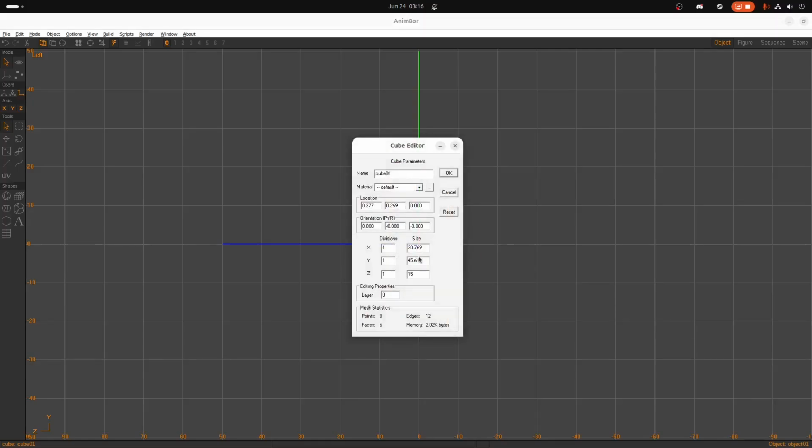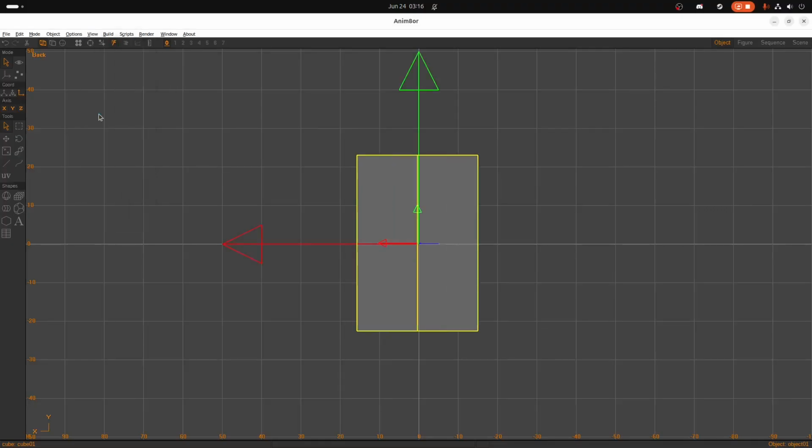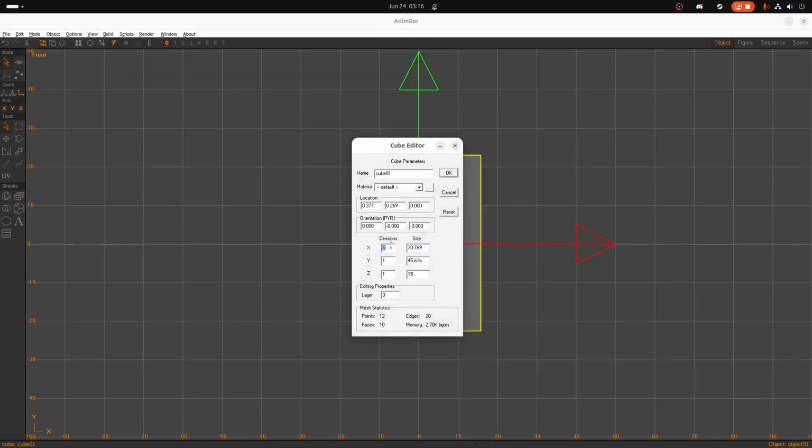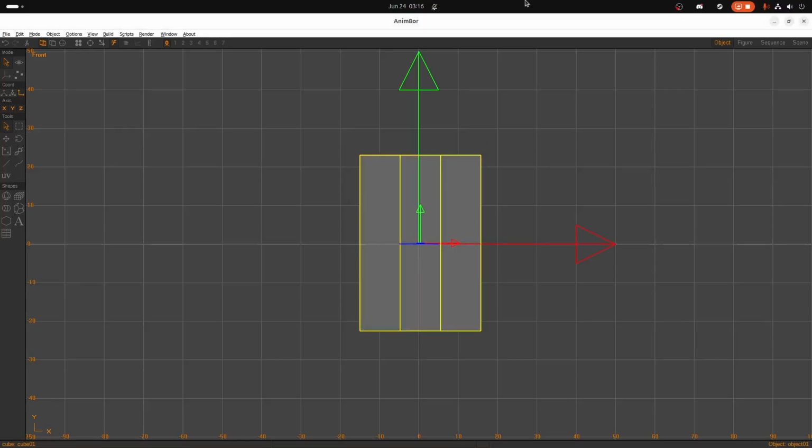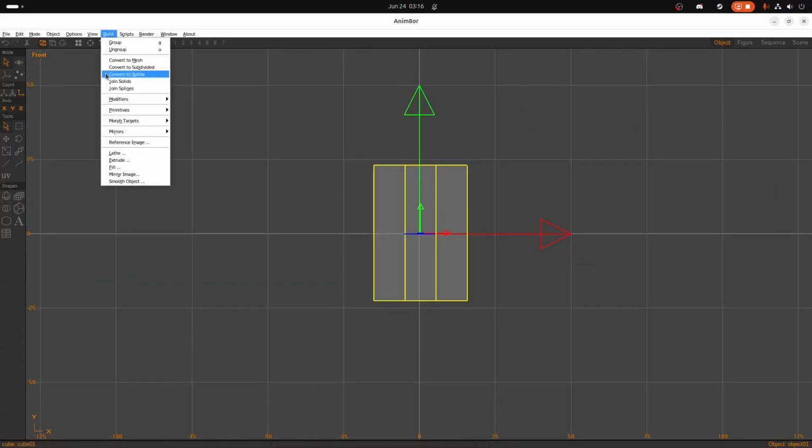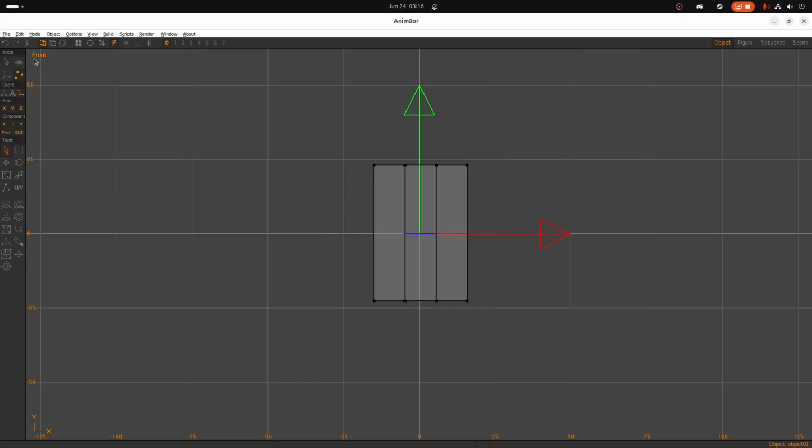To create the neck, I'm going to cut X by 2, and I will do the other cuts manually after. You'll see what I mean. Well, X by 3. So we'll be able to just extrude our neck from the top, and we'll extrude our legs from these bottom two. So convert that to a mesh, go into edit,